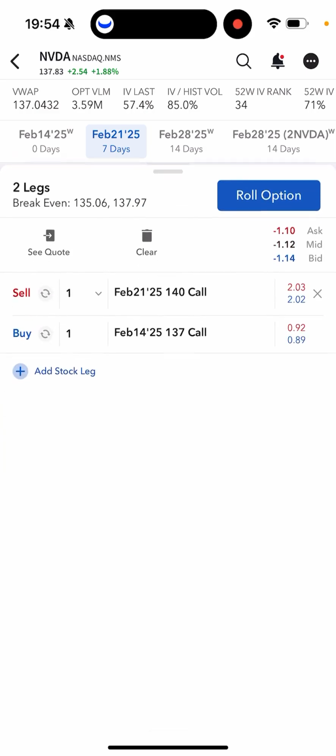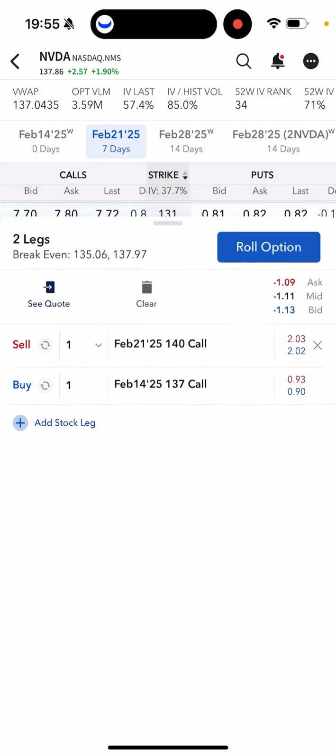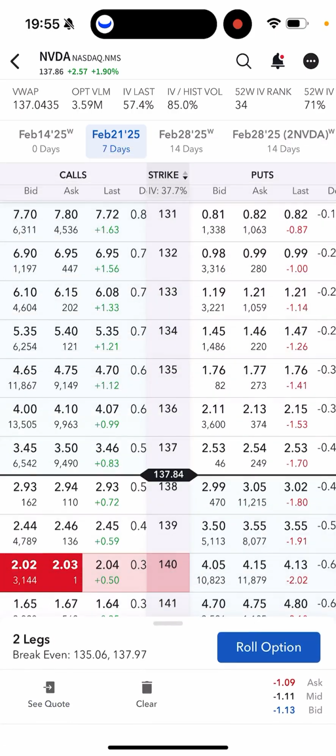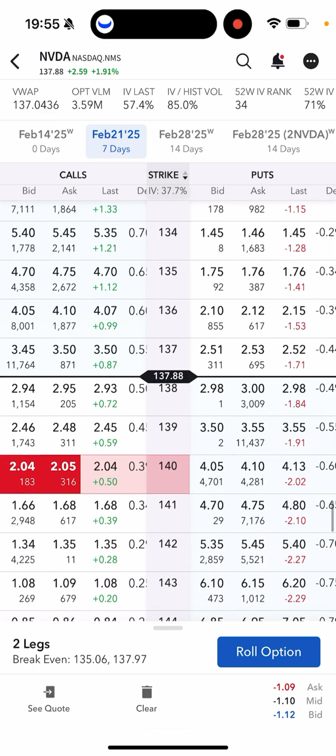And the reason why I've done that, so you can see here, the cost of buying back the 137 is going to cost me $94. And in this example, to sell the 140 call for 7 days out is going to be $2, where that nets out, as you can see at the top, at around the 112, 111. So I know that I need to be above $90 to make this profitable